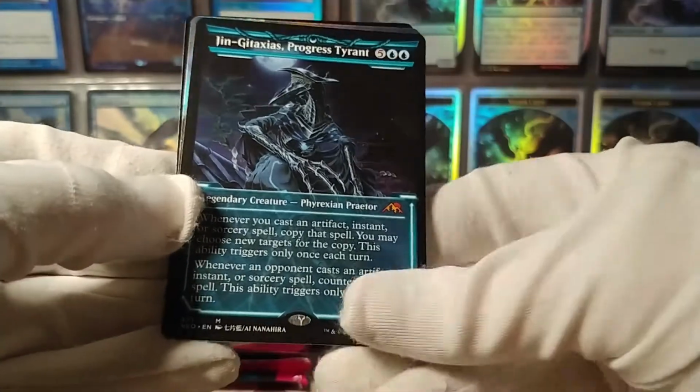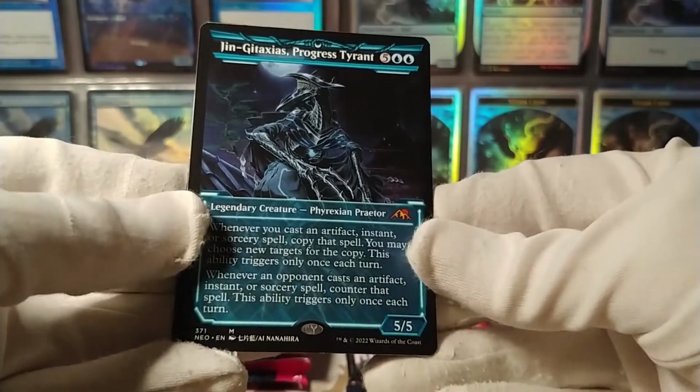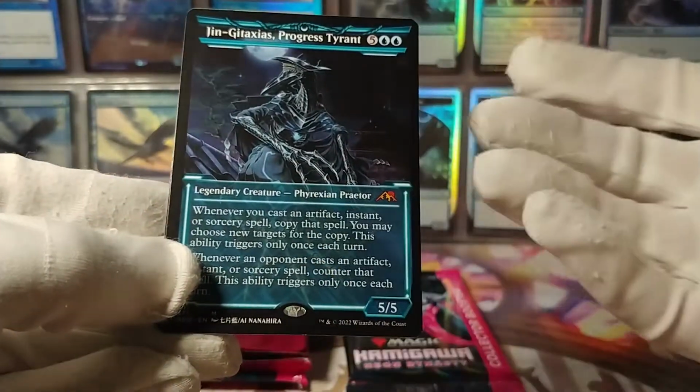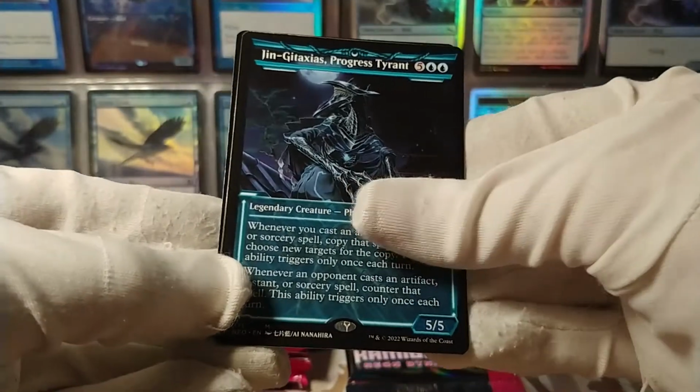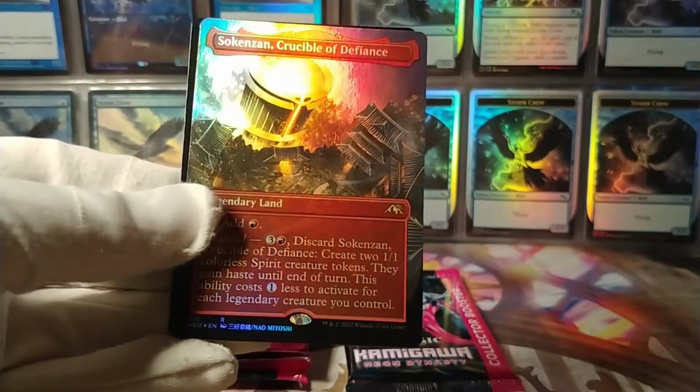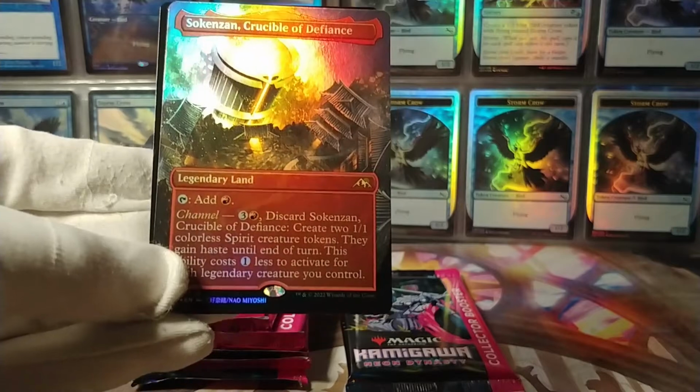I think there's a few different printings of old Jin Gitaxias here. But this is one of them. Again, Phyrexian Praetor, so he does a lot of crazy stuff. A double mythic pack, followed by... oh, actually,